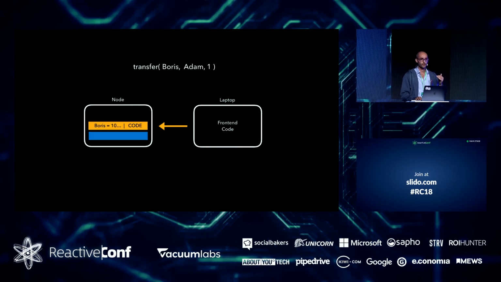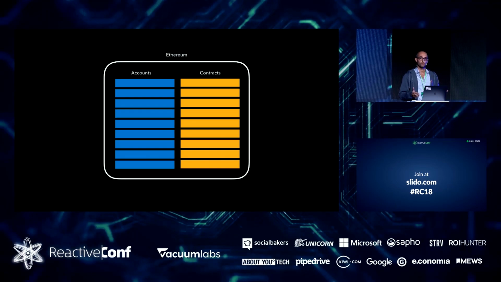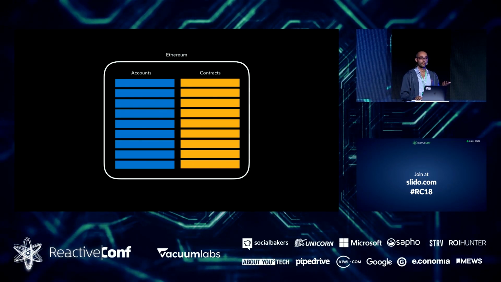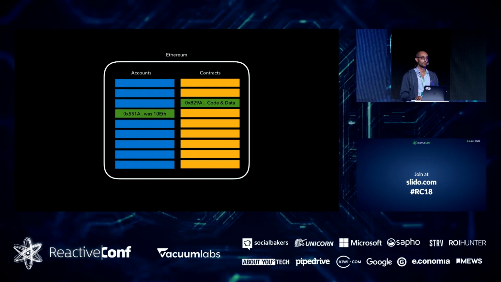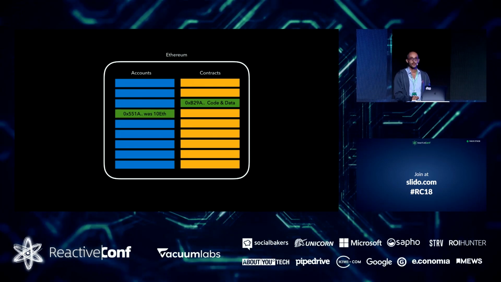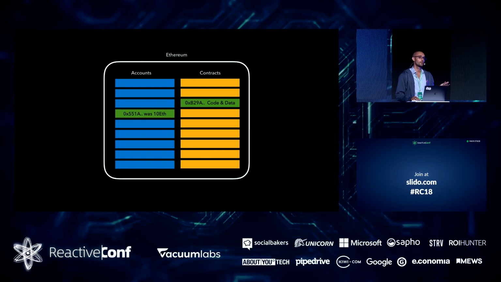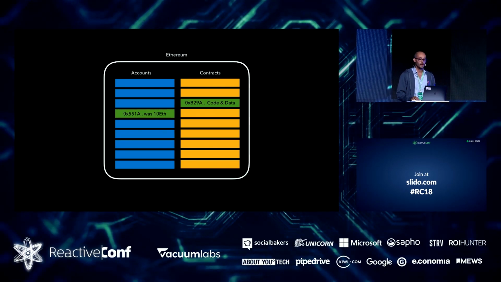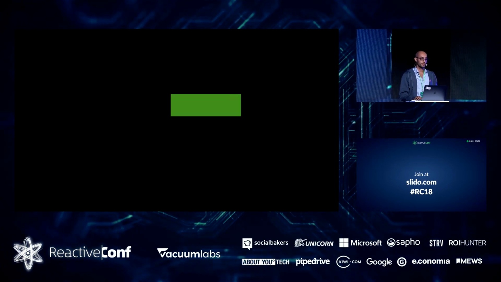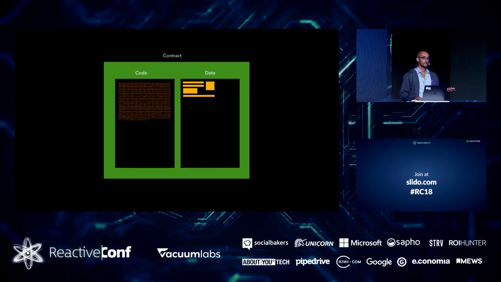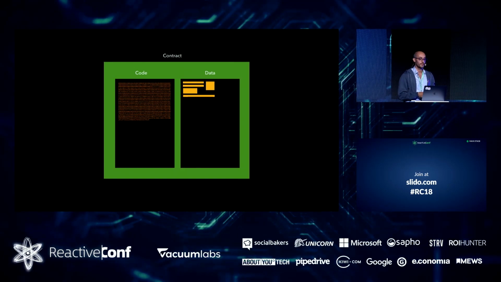So I'm going to jump back again to real parts of Ethereum. In the world of Ethereum, we have two types of accounts: accounts that hold Ethereum coins, that I'll mention in a few minutes, and accounts that hold contract code, which is code and data. Every account has a unique global identifier. So I can have multiple personal accounts with money in them, and I can have multiple contracts, like any one of you. Each of those contracts is also built of two parts: the code itself and the data. For instance, the balances or the registered domain names.